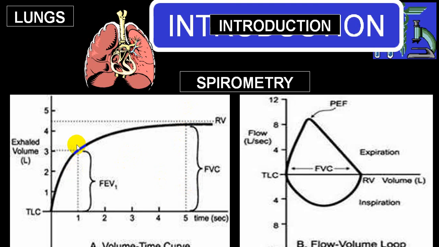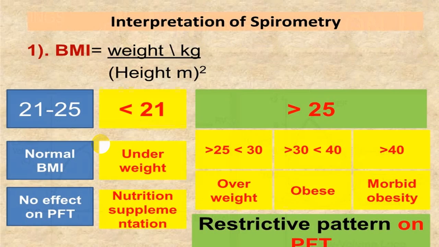This can vary from 80% to 100%, but very rarely will the person have 100%. But by and large, FEV1 is more than 80%. But less than 70% is always abnormal. If it is 70 to 80, it is normal, but still the person can have a disease. We'll be talking about all those.